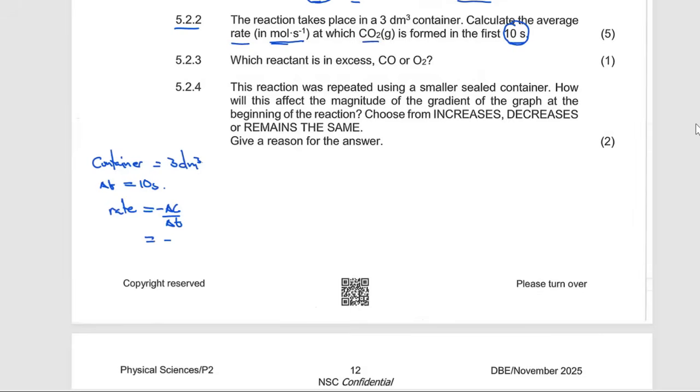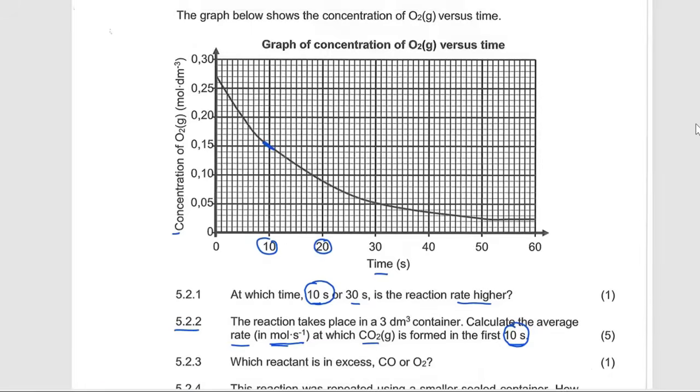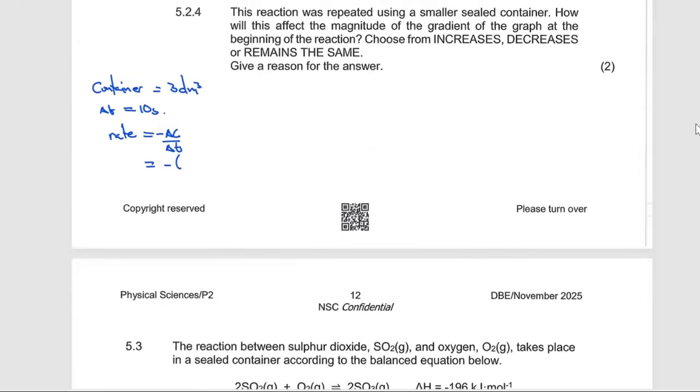Therefore, I'm going to say minus, then what did we start with there? It is final minus initial, right? So the final there, you can see we're ending at 0.15, this is our final, right? Then the initial is 0.27. So it's final minus initial. Remember my final is 0.15, then minus my initial, which is 0.27, all over